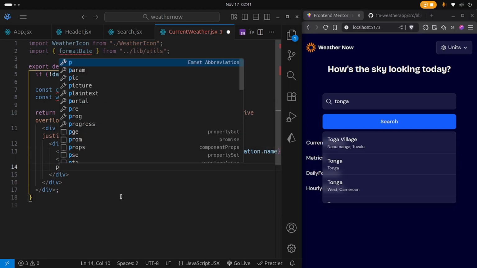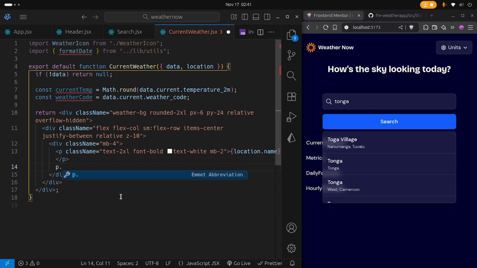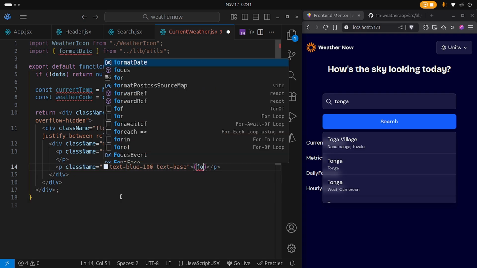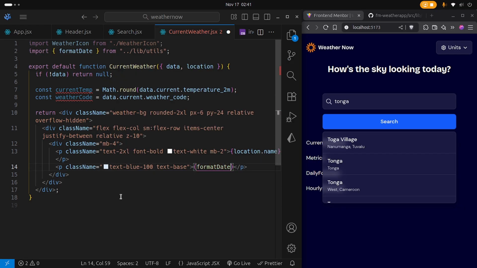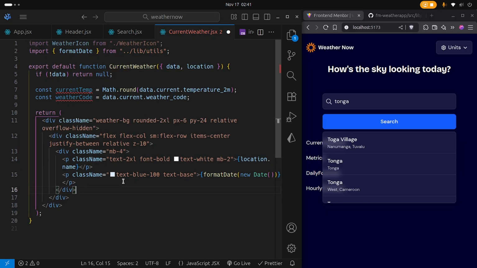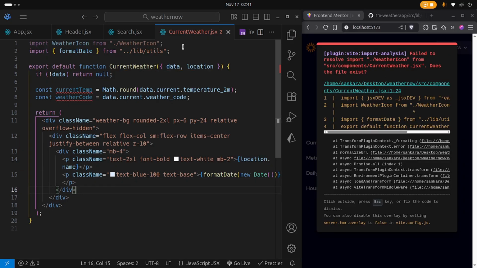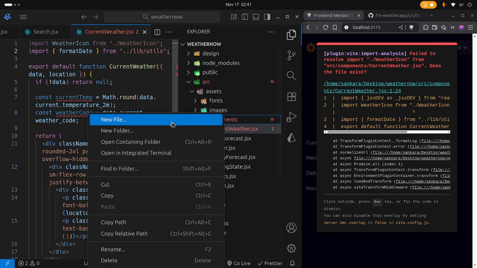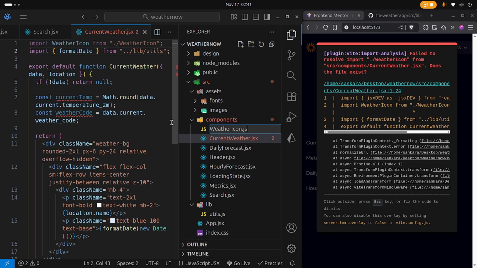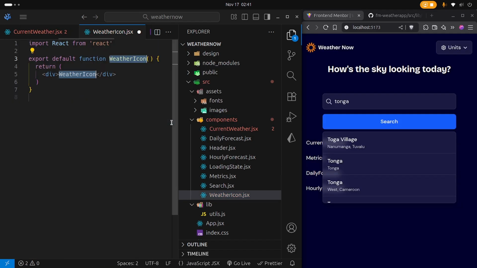And then below this paragraph, we're going to have another paragraph with a class name of text-blue-100, and then text-base, and then this is going to take in the format date, which will be imported on top, and then we're going to pass in the new date that it shows us the full name and date. So weather icon, okay, I saved it, but we don't have this component yet. So let's create it inside components, create a new file called weather icon.jsx, and then just say rfc, enter, save,